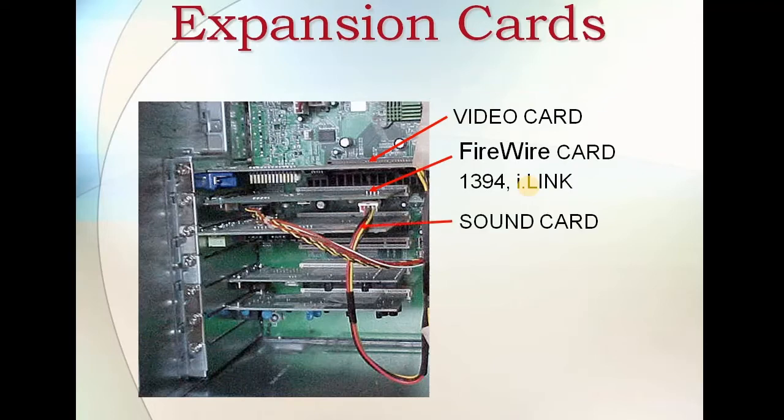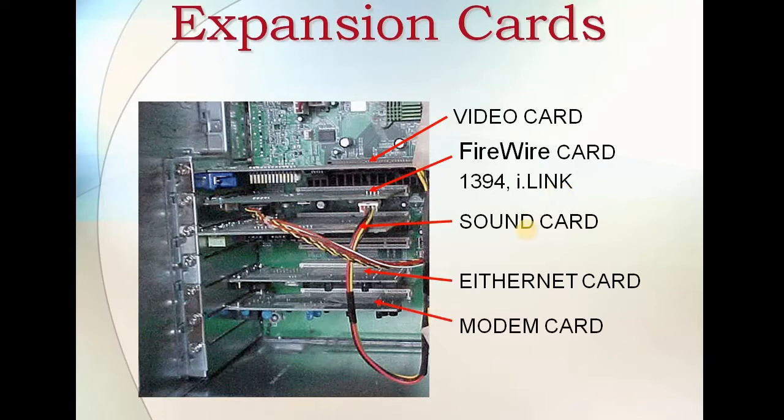So we have this video card, and then this sound card and FireWire card, Ethernet card, or we can say network interface card, NIC card. Also, in the earlier days we had the modem card as well. So these are the different expansion slots, and we can place video cards, sound cards and so on. These are not compulsory, not mandatory. If required we can put them, otherwise we can skip it.